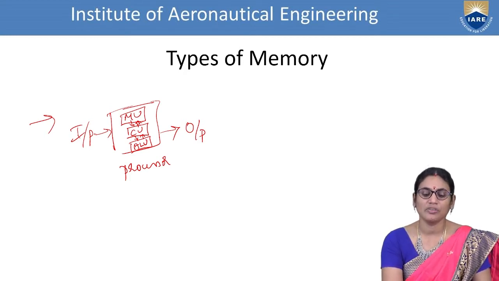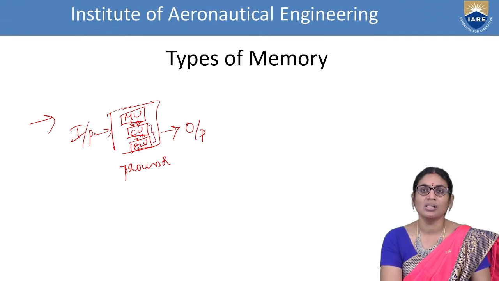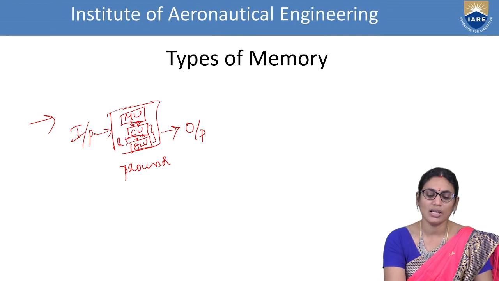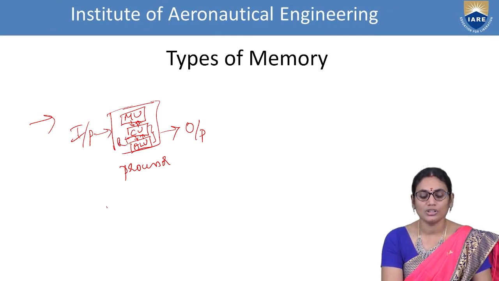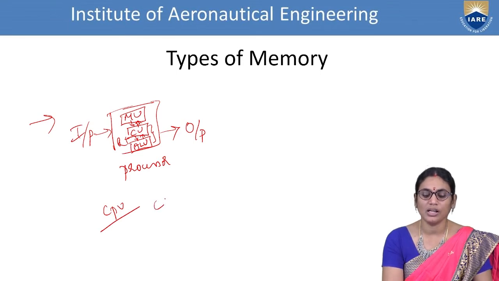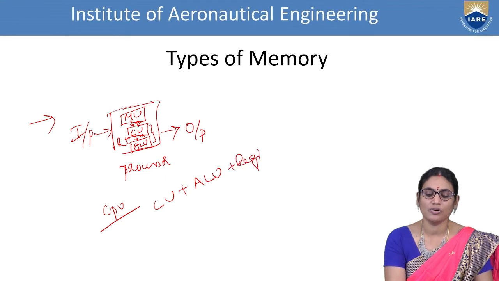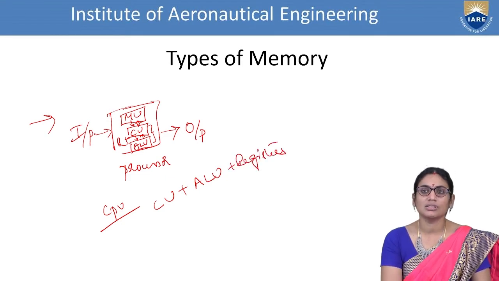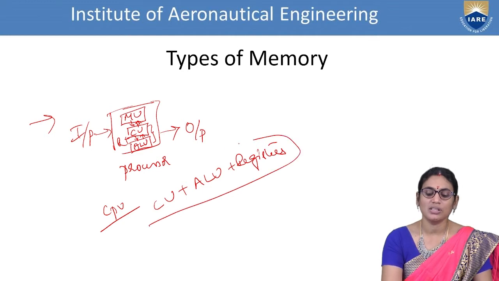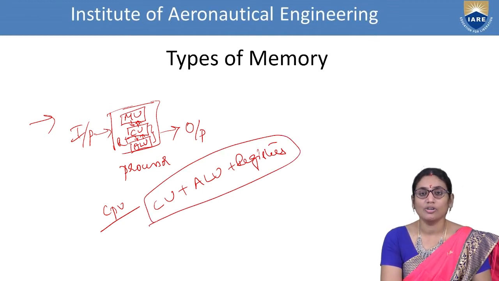In the past session, we discussed the connection between the control unit and the arithmetic logic unit with the help of registers. In the context of CPU organization, we saw how the intercommunication between the control unit, arithmetic logic unit and registers is performed. These are the three basic units in the processor which take the key role of generating and navigating the operations inside the processor.